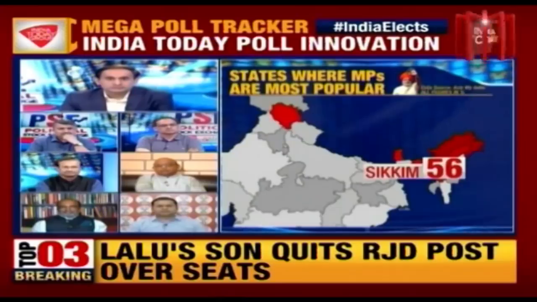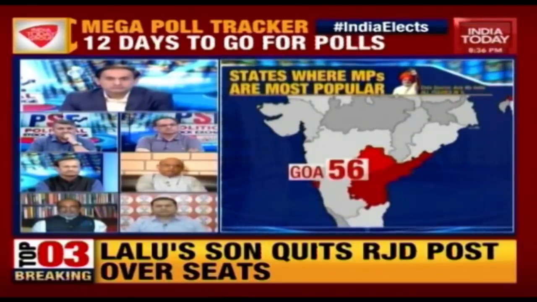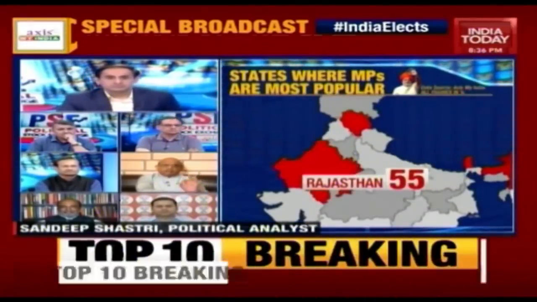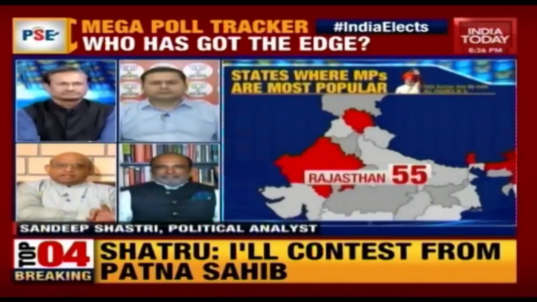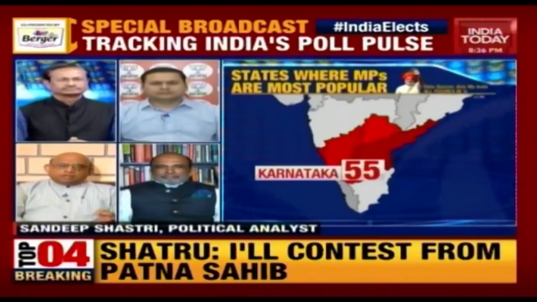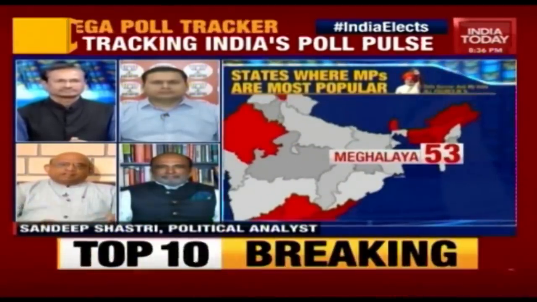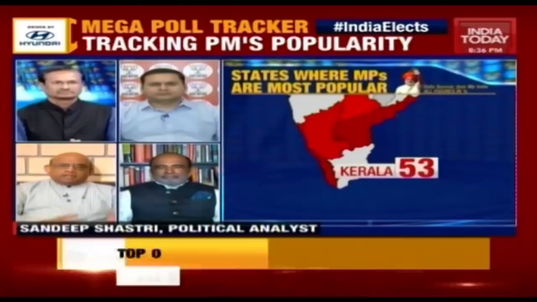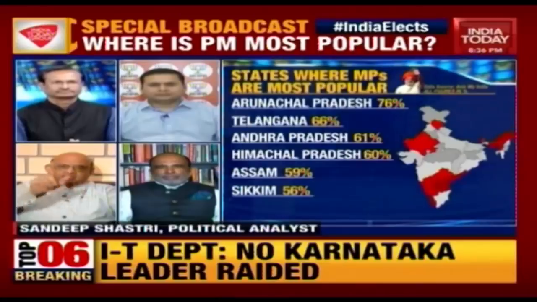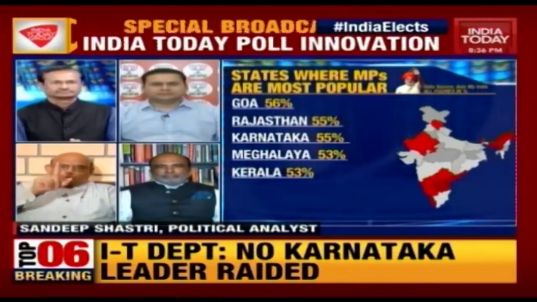I would endorse all that Sanjay Bhai just now said, but add one point. We are missing out the fact that in 2004, three vital states made the difference. And those three states are Tamil Nadu, the United Andhra Pradesh and Maharashtra. These three states, which had done very well for the BJP in 1999, did not do well for the BJP in 2004, and there lies the story of the defeat of the BJP and the NDA and the success of the UPA. So to what Sanjay Bhai said, I would just add this one point. Rahul, permit me to make one more point.